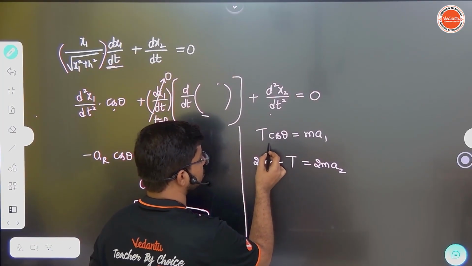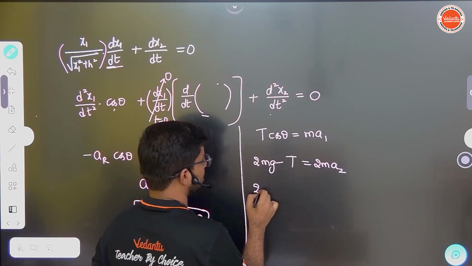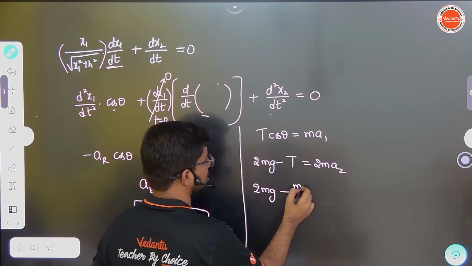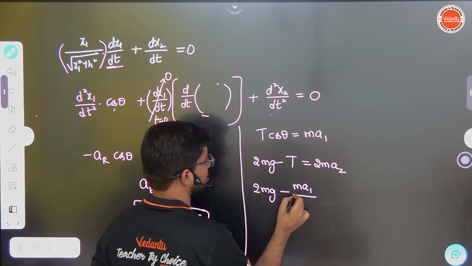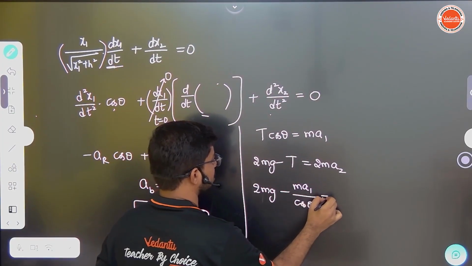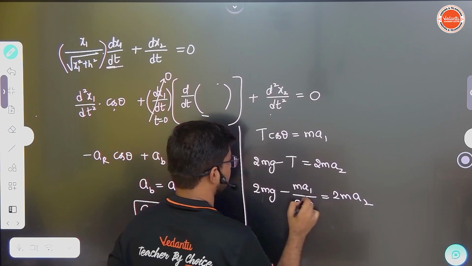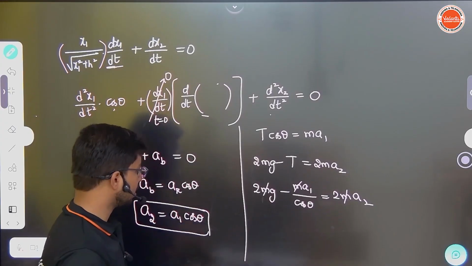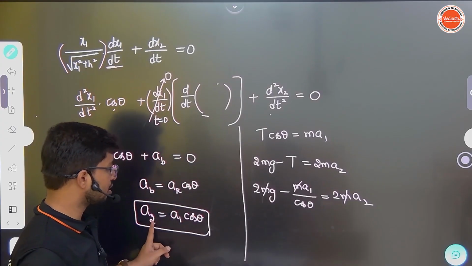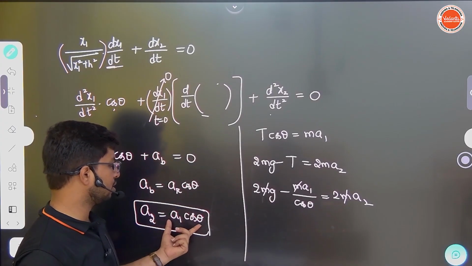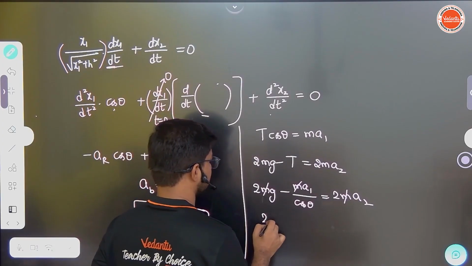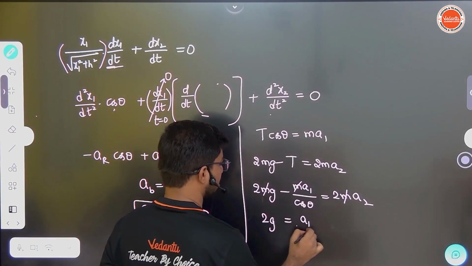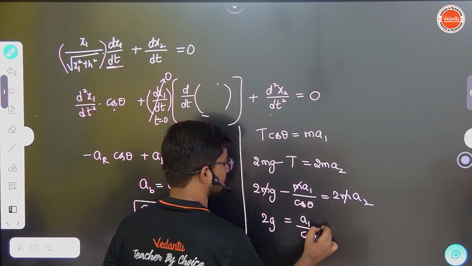In place of T, you can write ma1 divided by cos theta, so 2mg minus ma1 by cos theta is equal to 2ma2. Cancel the mass m in all the terms. Then let us remove a2: in place of a2, write a1 cos theta. So this is 2g is equal to, taking this onto the side, a1 divided by cos theta plus